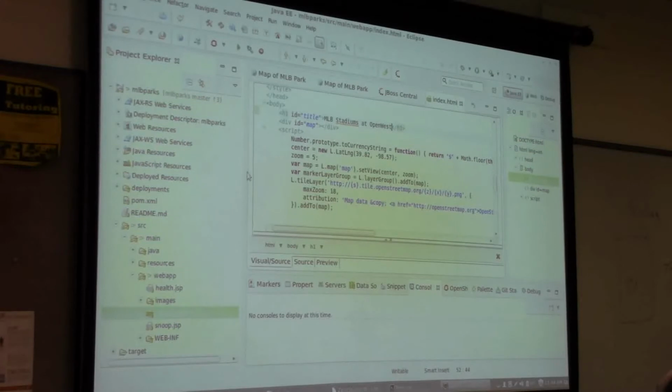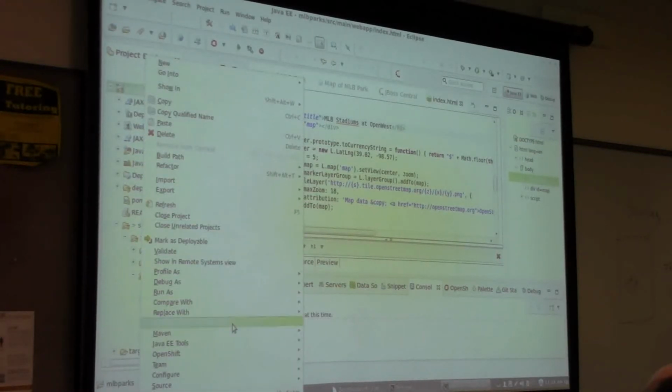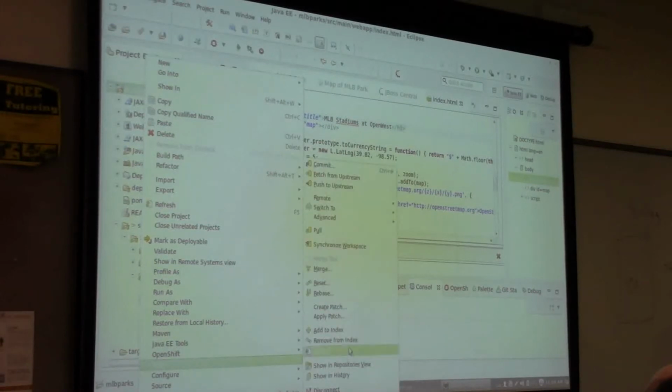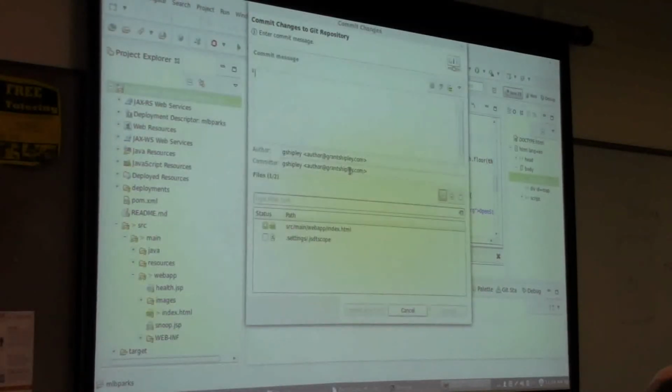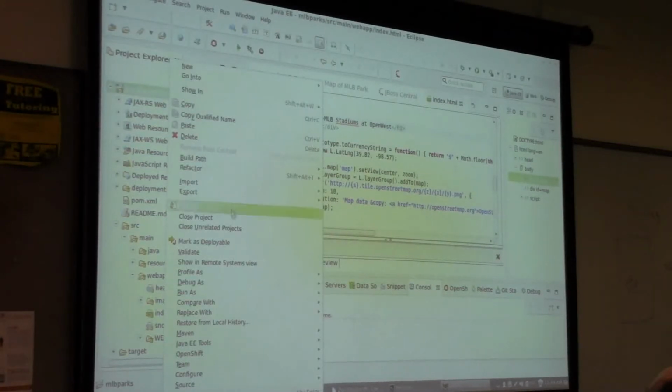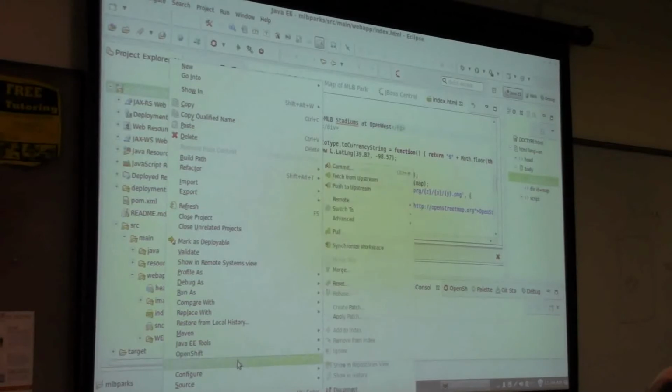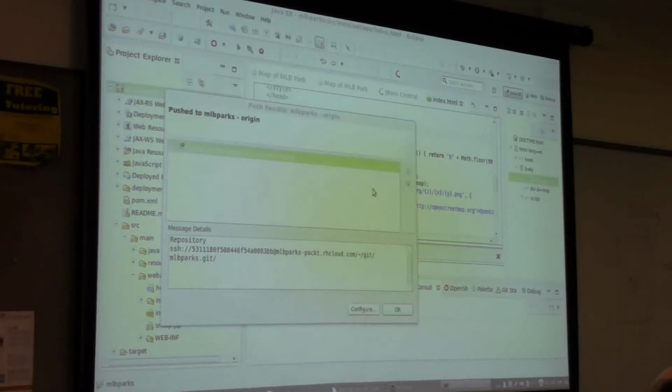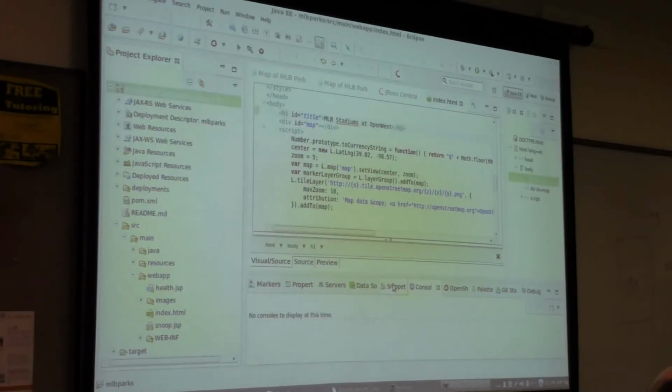Save this, then I can right click on this, go to team, commit the changes, and then once they're committed, the way you deploy new applications out to the environment is with a simple git push command. So that's how you would do it from inside of the IDE.